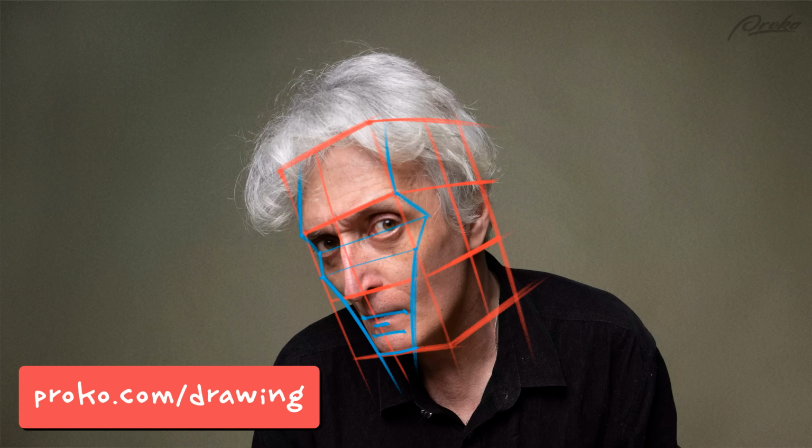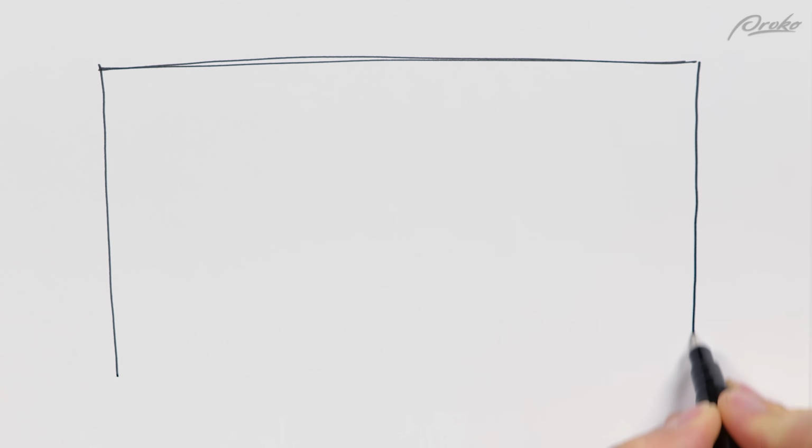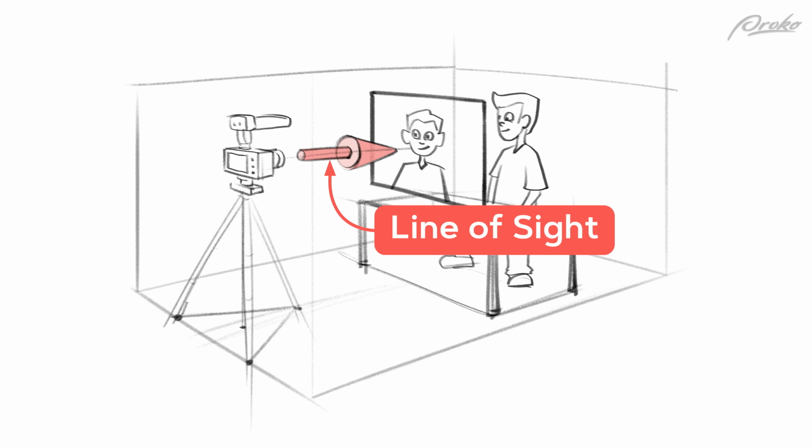portrait drawings better structure. Imagine that you're looking through a window, and we can use the frame of this video as our window. Everything that you see through this window is what you draw on your paper, or within some rectangle on your paper. This is called the picture plane, and it's perpendicular to your line of sight. Your line of sight is just the direction you're looking, which is directly at me. The picture plane is perpendicular. It's this way.